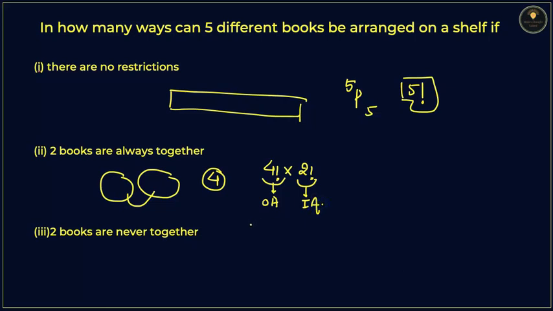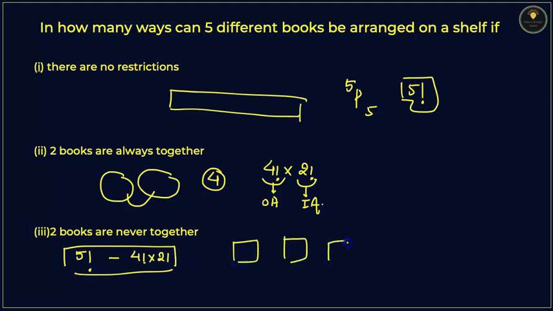Now let's move on to the third question. In this one we have to understand the number of ways if 2 books are never together. Firstly, if the books don't have any restrictions, we will write 5 factorial, and if 2 books are together, we will write 4 factorial multiplied by 2 factorial, and then we can subtract these two values. If I want to find it like this,